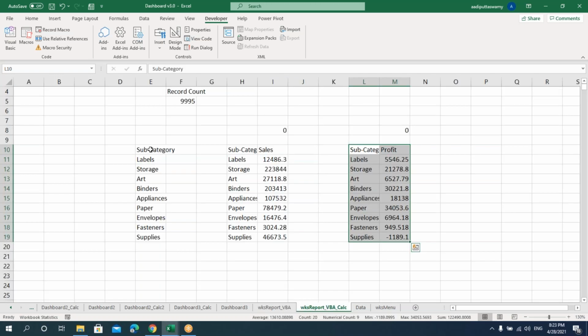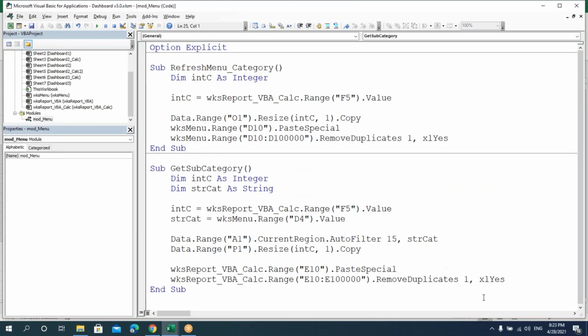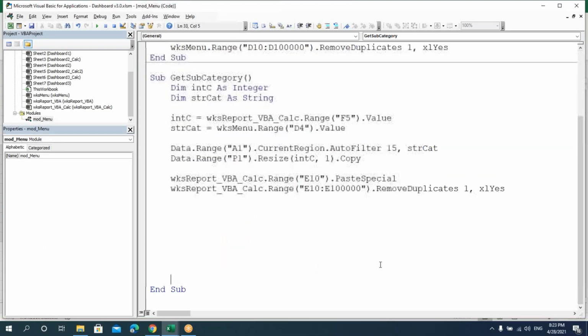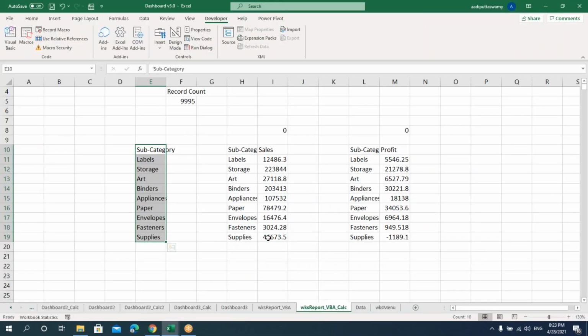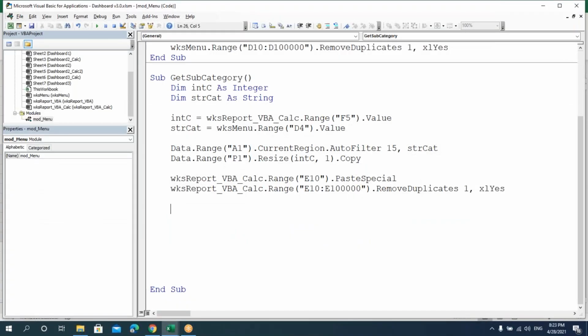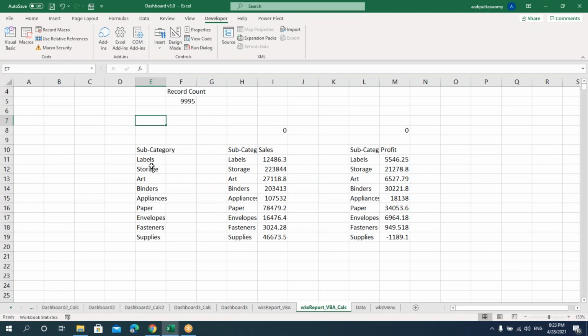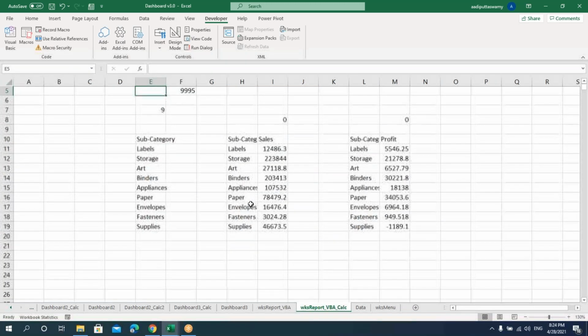Now we have this subcategory. What we'll do here, we'll just try to clear this and then we'll paste it again as and when we get the data here. All right. So after this, that is after removing duplicates, what we have to do is copy the subcategory. Say we'll try to get the count for this so that I can copy this data and paste it here. Say equals COUNTA. That is, I want to know how many subcategories are there. So I have this 9.